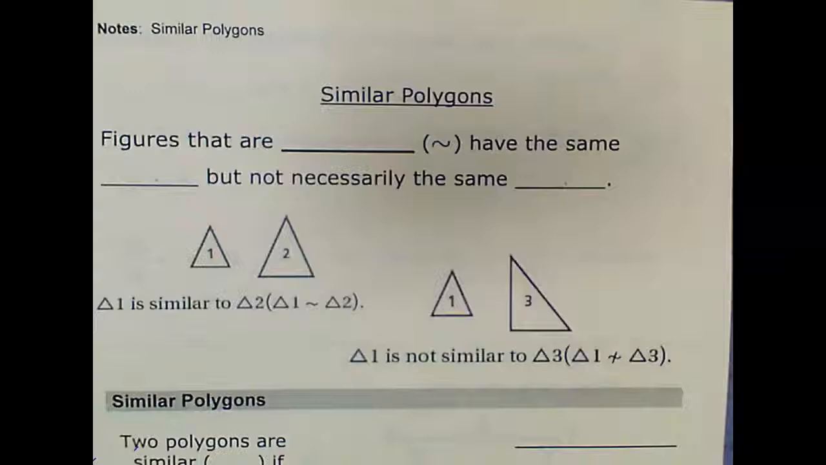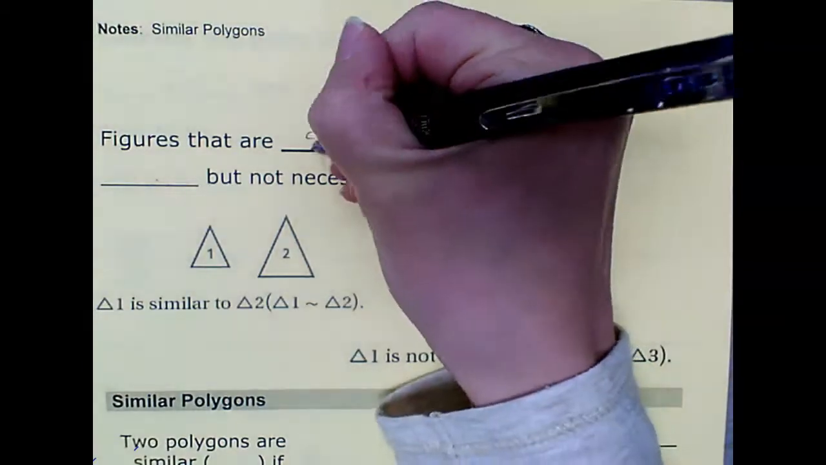Hi folks, today we have a new topic and it's called similar polygons. So we just finished talking about transformations, and most of the transformations that we discussed were isometries, meaning that the pre-image and the image were congruent to each other, same size, same shape. Now today when we discuss similar polygons, we're discussing figures that are similar,